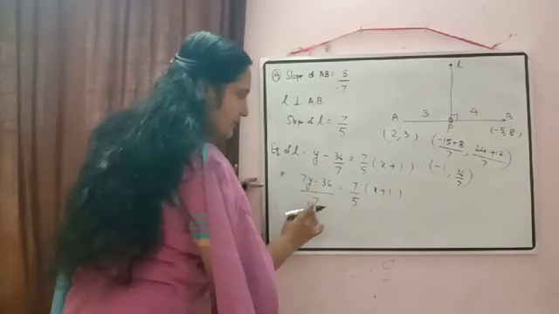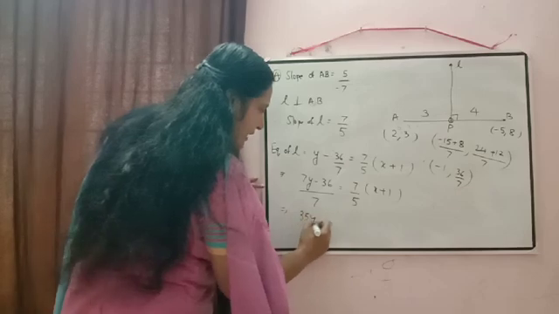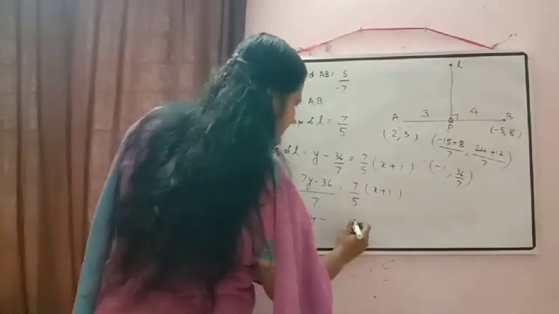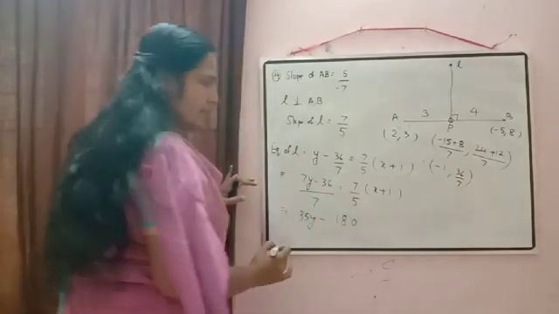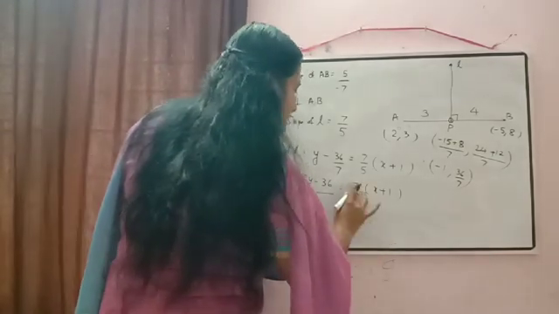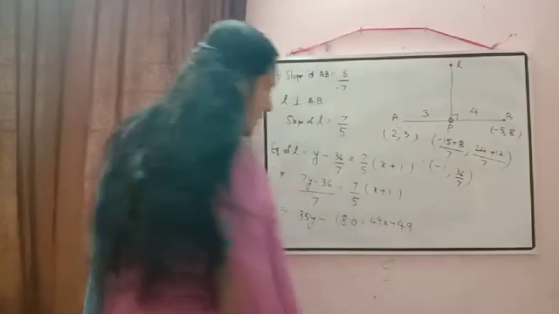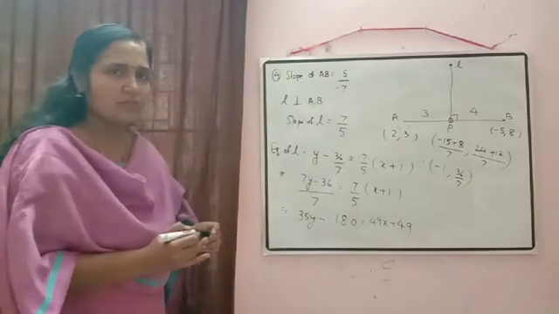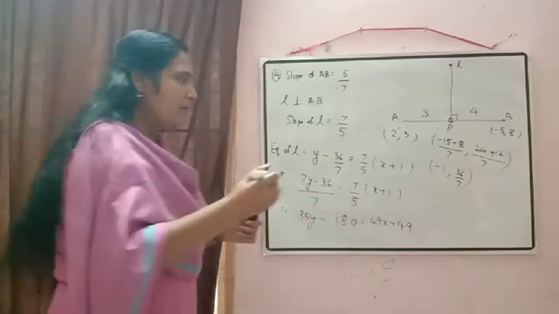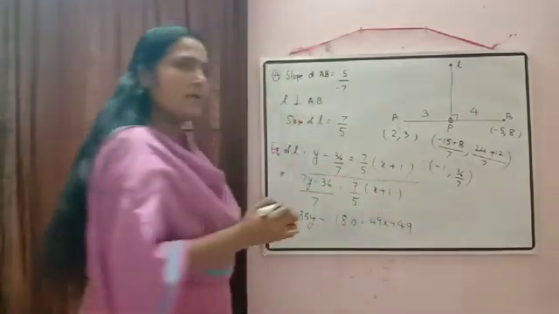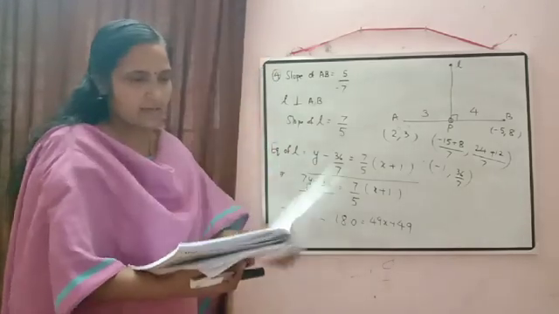Now 5 we can shift here and 7 to the right hand side. Then 5 7s are 35y minus 5 6s are 30, carry over 3, 5 3s are 15 plus 3, 18, is equal to here 7 7s are 49, so we will get here 49x plus 49. Now you can shift all the expression to one side and you can simplify. Here if you don't want to do this step, you can leave your answer till here only. Okay, no problem? Okay. Then the next question.